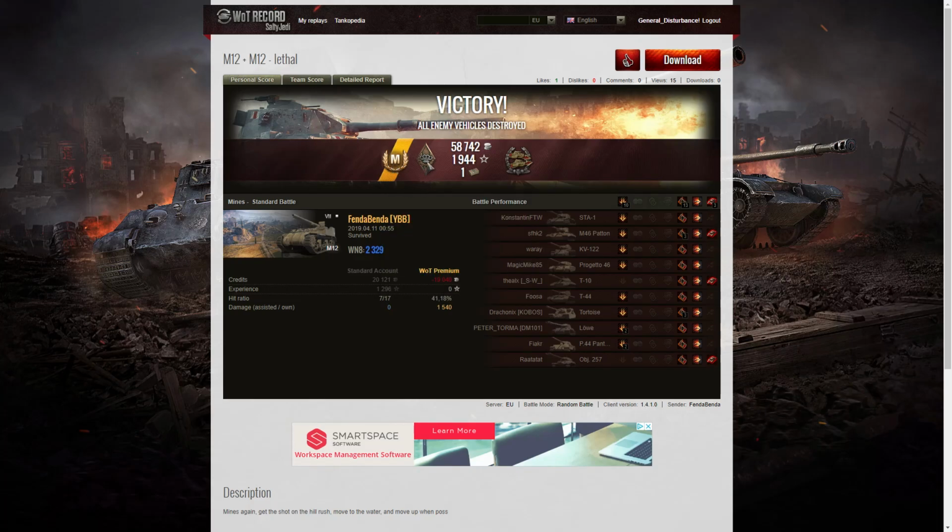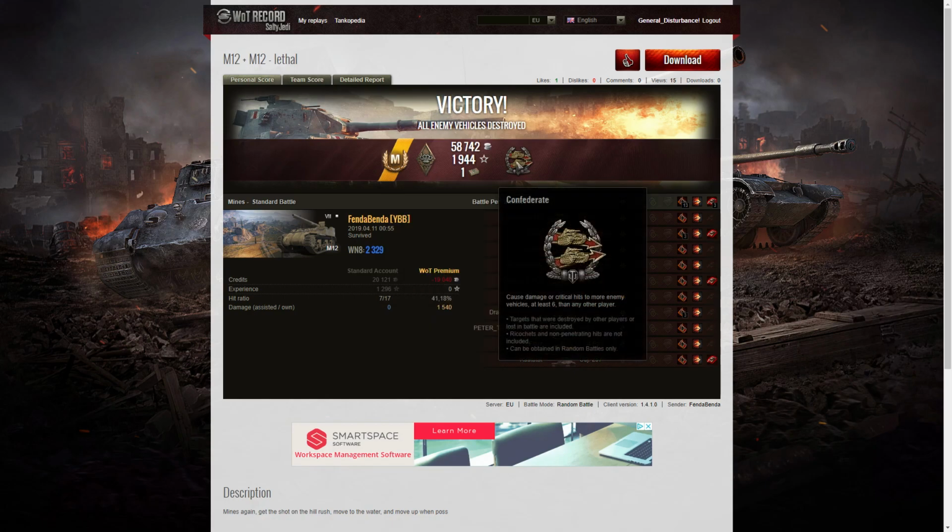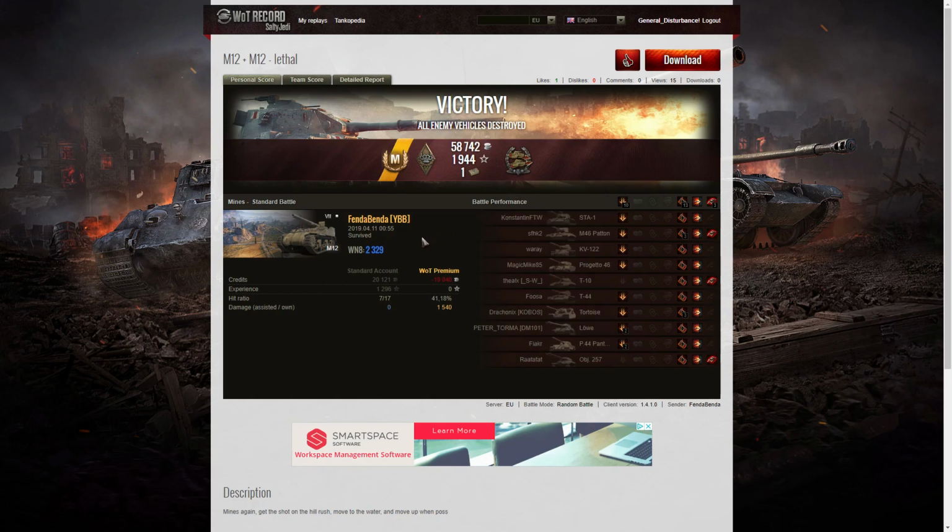He managed to get a bruiser medal for getting at least 5 critical hits. He got 13, and he got a Confederate medal. He hit more of the enemy than anyone else on his team, despite the fact that he actually got 3 kills. And his win rate for that battle was 2,329, which is deceptively low, really, considering the amount of damage he did. But he didn't pick up a huge amount of hit points, but he did hit a lot of